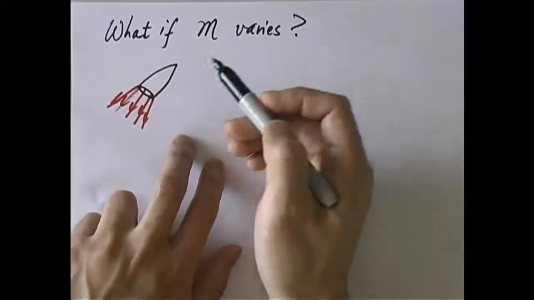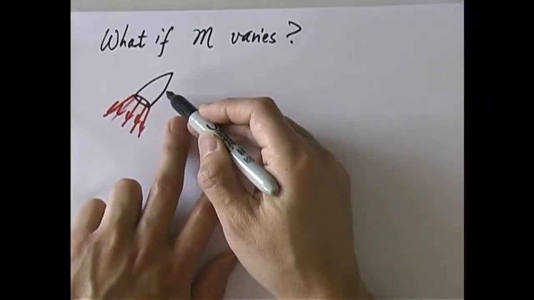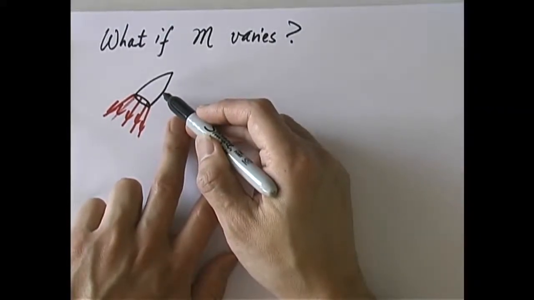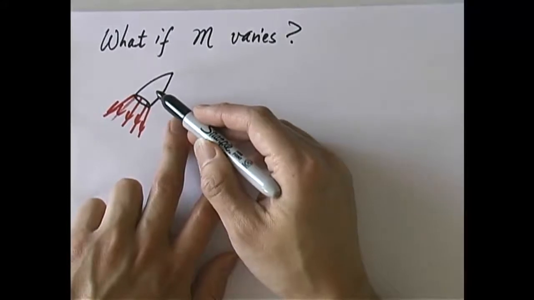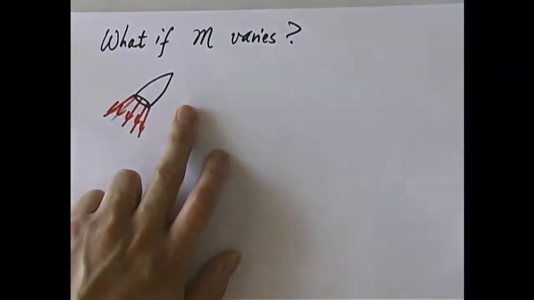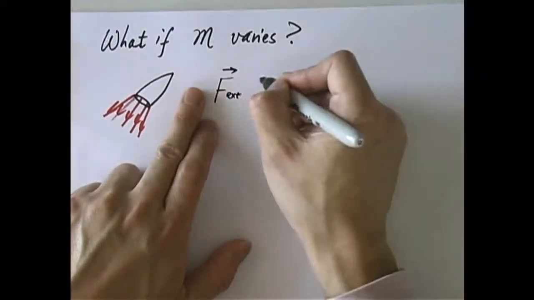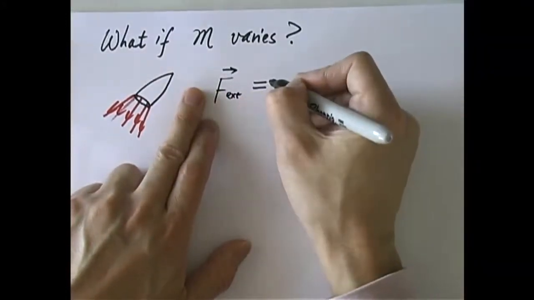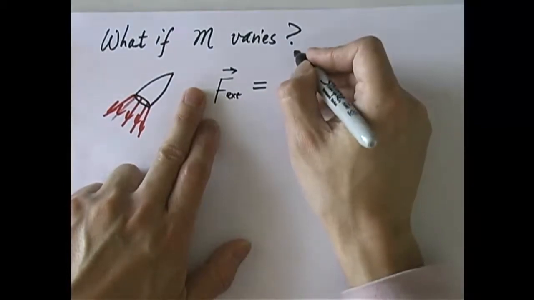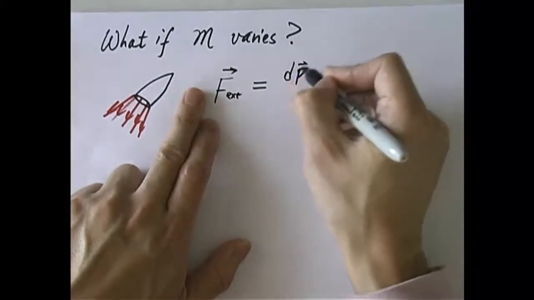So how does one work out Newton's second law in its most general case? Well, you still can use conservation of momentum for the entire system, but F is no longer equal to ma when the mass changes. You can still use conservation of momentum. Momentum is conserved as long as there is no external force. If there is an external force, F external, momentum will change. How does it change? Well, the external force equals the rate of change of linear momentum.